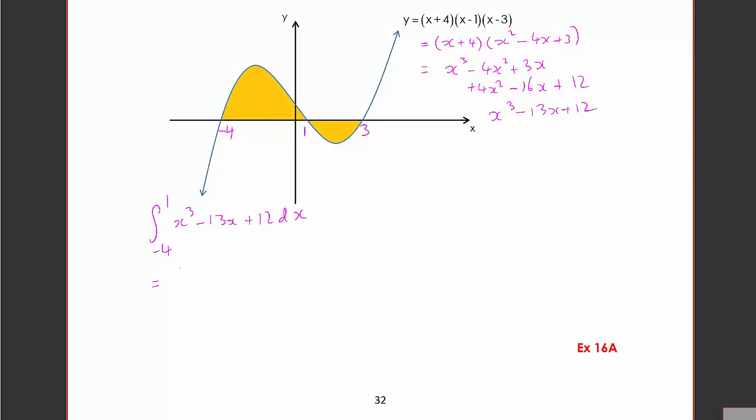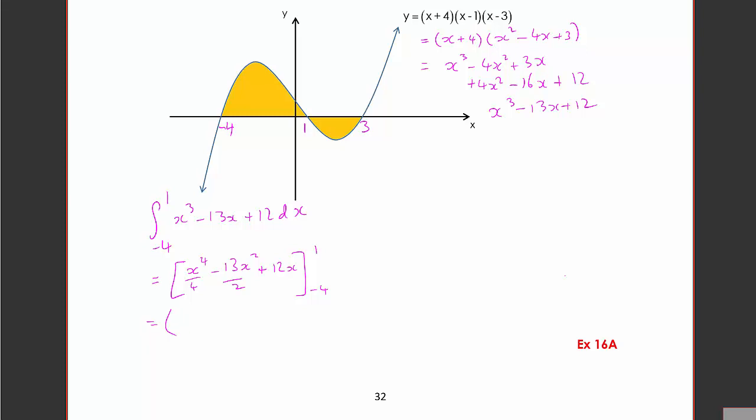So that gives me x to the 4 over 4, take away 13x squared over 2 plus 12x from -4 to 1. So substituting the 1 in there, we're going to get a quarter, take away 13 over 2, add 12. And then with the -4, we're going to get